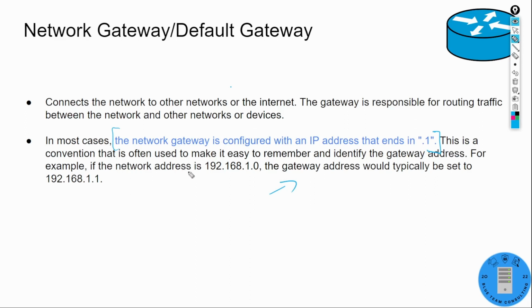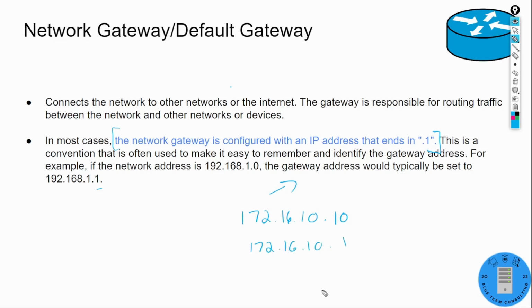So for example, if our network address was 192.168.1.0 for our network, then the IP that's usually reserved for the gateway address would typically be set to the .1, so 192.168.1.1. If we had 172.16.10.10, our gateway would still be